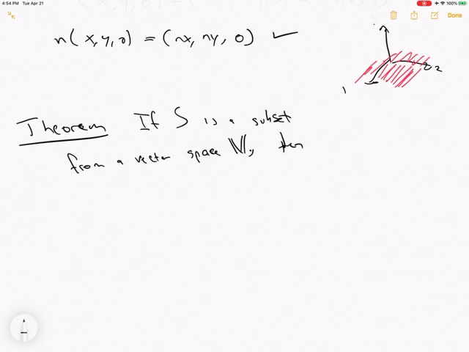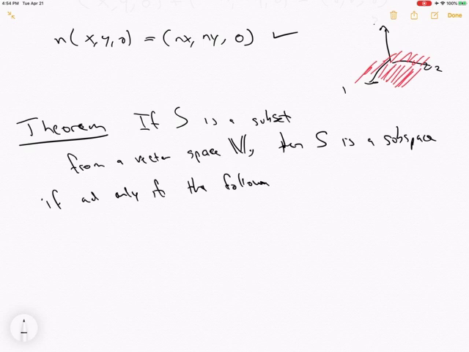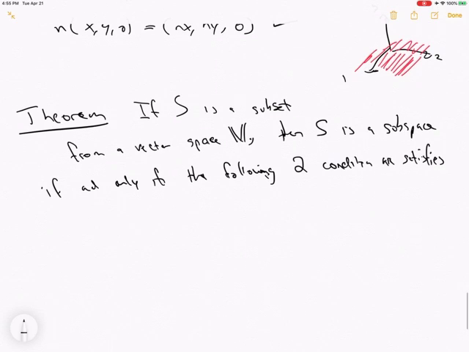Then you only need to check two things. S is a subspace, that means it is itself a vector space, if and only if the following two conditions are satisfied. So instead of going through and checking all of the conditions to be a vector space,